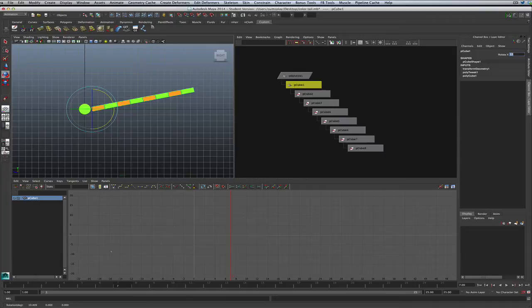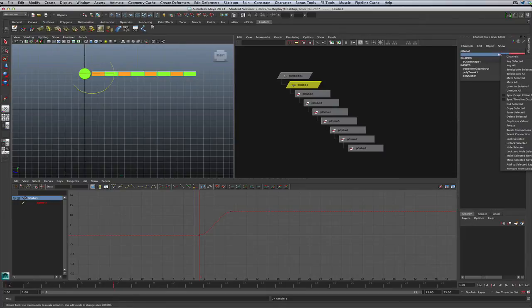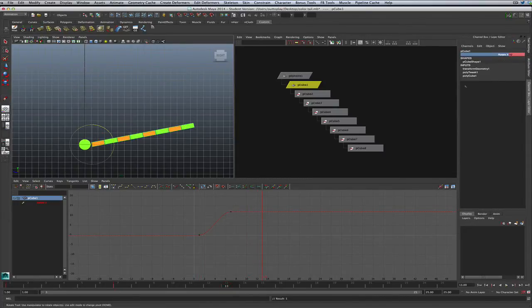Okay? And what we'll do is we'll key this at 12 degrees. And as a matter of fact, we've got to go back to the beginning here. And on the extreme, we want that to be 0. Make sure I key that. At 13, which is that middle key, I also want that to be 0.